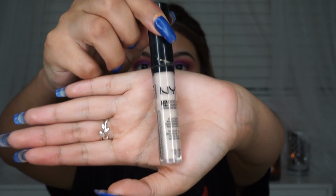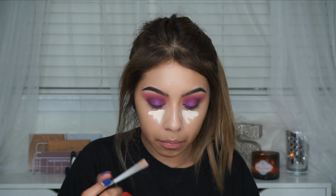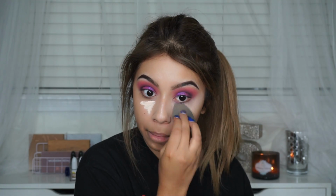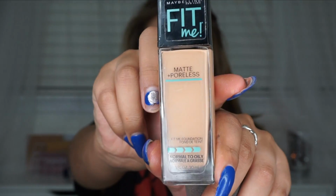So I'm starting things a little bit differently. I am going to actually apply a little bit of concealer before I apply my foundation. This just makes my under eyes a little brighter, and here I am using my NYX concealer in the shade 01, which is the lightest. Next, I'm going to be grabbing my Maybelline